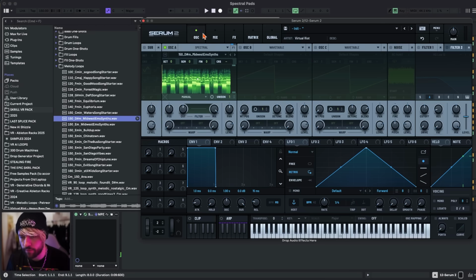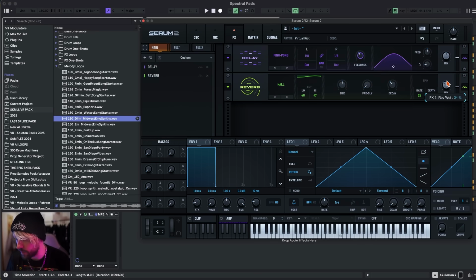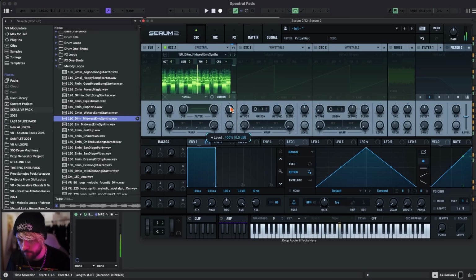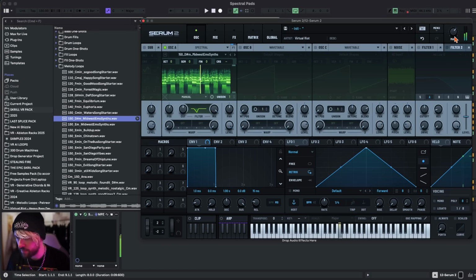And since there are a couple different chords in this loop, we can find a chord that sounds really nice and add some delay and reverb real quick. And maybe before that, some compression just in case. There we go, that's a good spot. There's a really strong low frequency there. Might EQ that out with the spectral filter here. Nice, now we can play that at whatever key we want, it's like a minor chord pad,